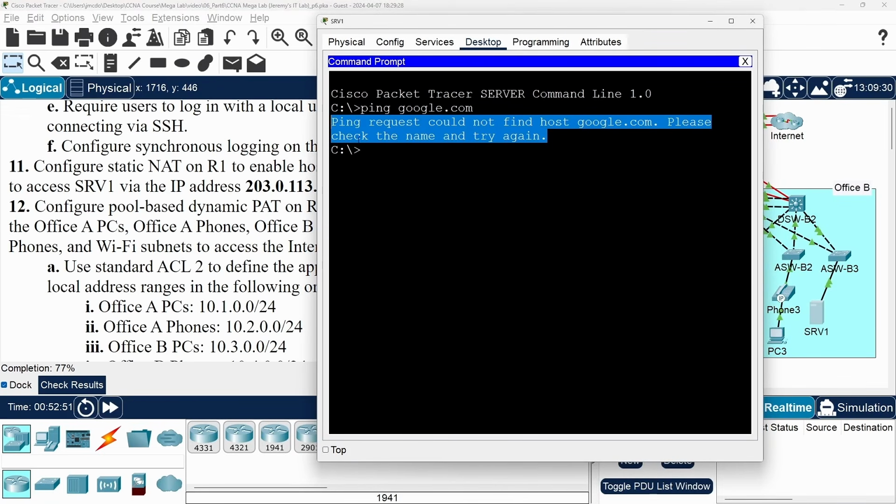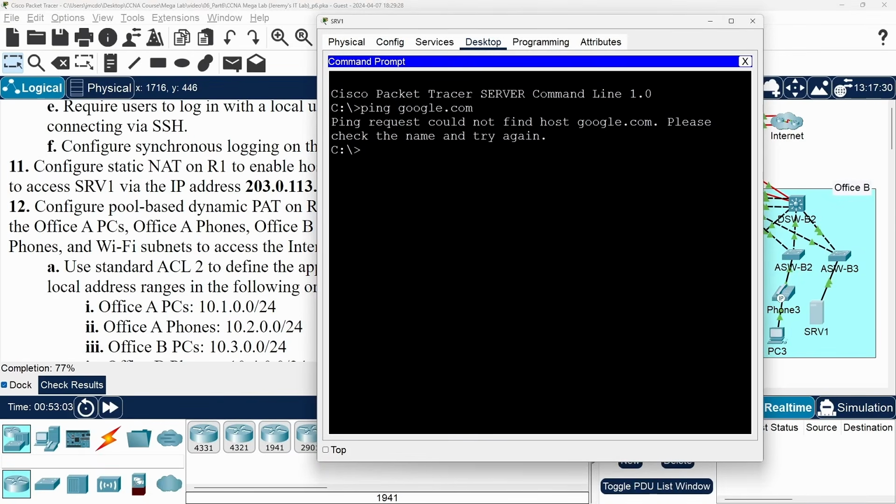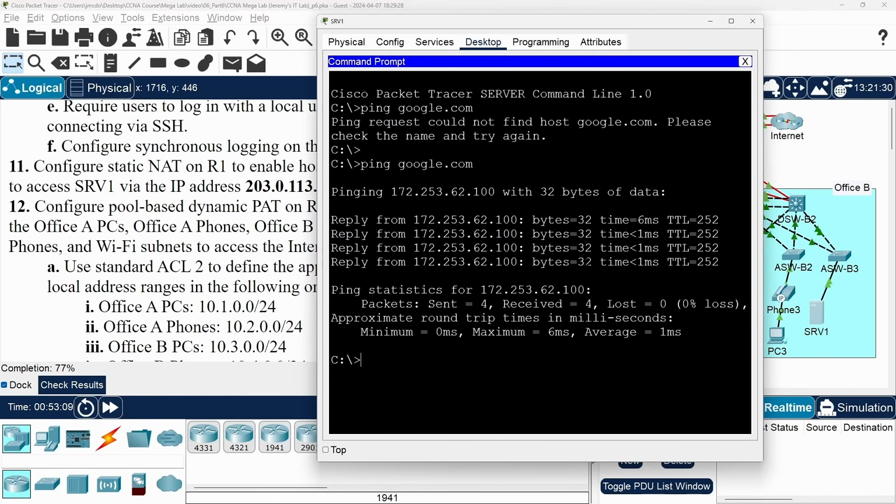Even though server 1 is a DNS server, we have to specify itself as its own DNS server in Packet Tracer. So go to the config tab and add 10.5.0.4 as the DNS server here. This isn't a part of the lab steps, by the way. I'm just doing it to test. Next, return to the command prompt, and let's try ping google.com again. Okay, now the ping works. So step 11 is done.